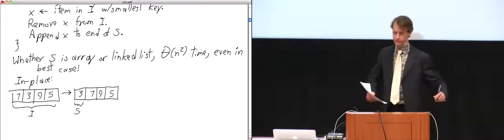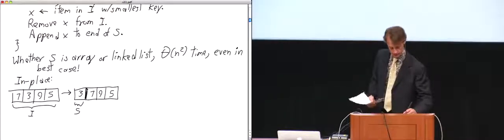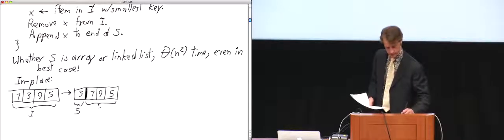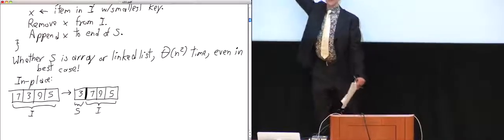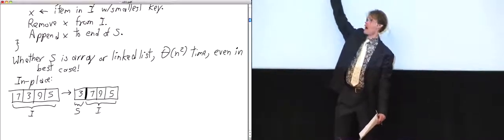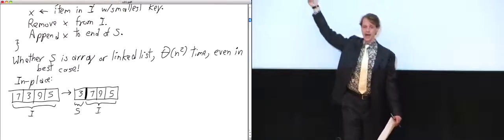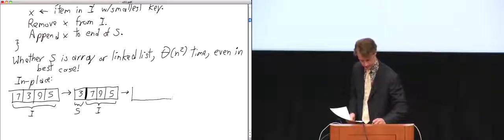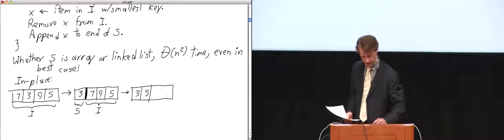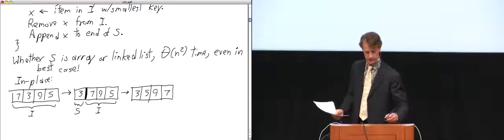And now the first item, this 3, is going to be the sorted portion of my array. That leaves me with 3 items that I have not yet sorted. So again, I go through those 3 items and pick out which one is the smallest. 5. Once I've found the smallest item, I swap it with the first item in I, so I move it to the beginning of I. So we've got the 3 there and the 5 there. The 5 was swapped with the 7. The 9 was not even touched.